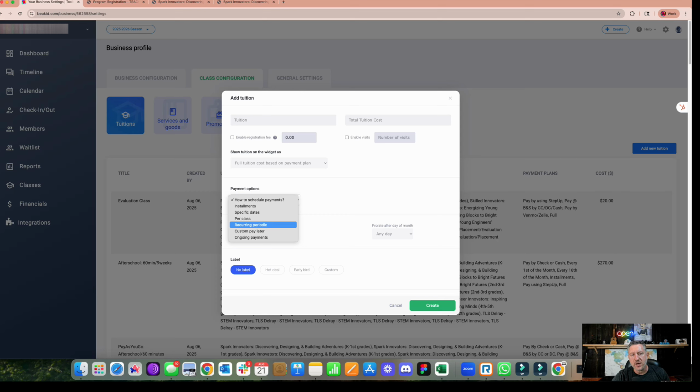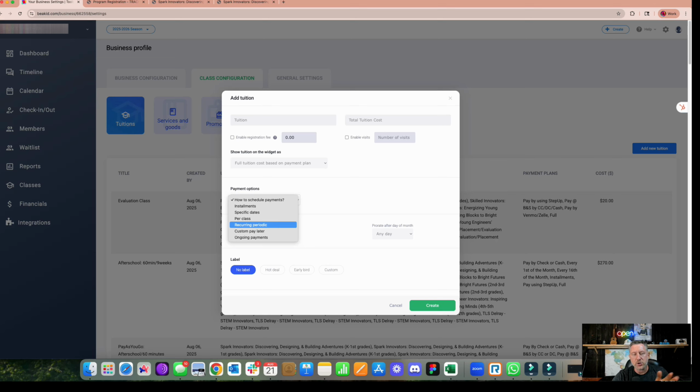This is where you set up the final date by which you must have the final payment, and the system will automatically break those payments into equal monthly payments, so you don't care whether the person registers in January when you open the registration, or if they registered in May. As long as you say, I need to have the final date of the payment by June 1st, the system will automatically create it. Custom pay later, in case you take checks or Zelle and things like that, you can